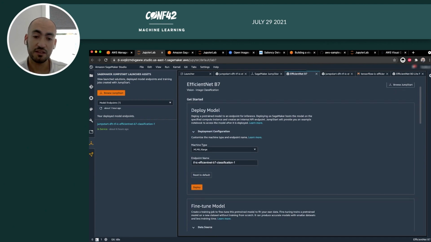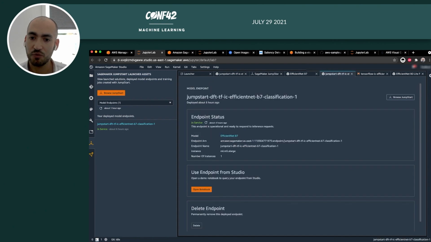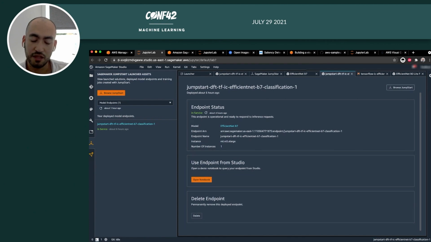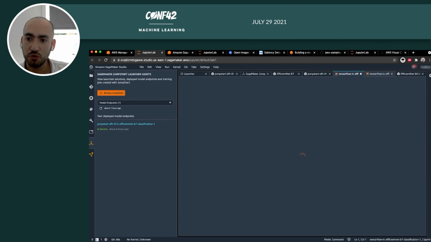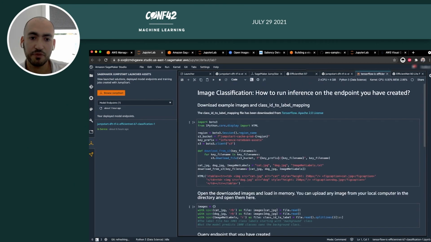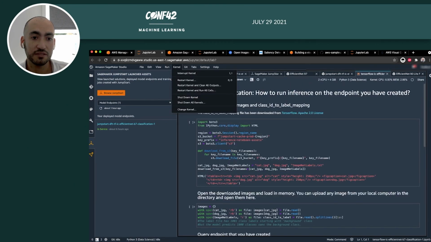You can directly train it from this screen. Once this is trained, you can deploy it. And what you're going to see is something like this, right? You can see that this takes around 10 minutes, maybe to deploy, or even less than that. This is using a CPU instance in this case, so you don't have to worry about GPU or CPU. You can use both. And you have an endpoint, you have a notebook that will show you how you can use this